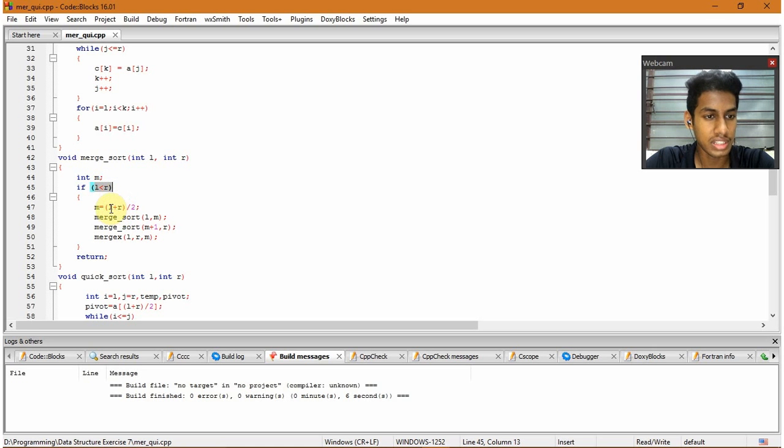lesser than R. If L is lesser than R, it enters the if statement. After that it goes to M. M is half, M is L plus R by 2, and then a recursive function merge sort is called with L comma M. After this recursive call is done completely, it goes to the next one, M plus 1 comma R, where M plus 1 is mid plus 1 comma R, the second half of the array. And then in the end, after the merge sort is done, it goes to merge with L comma R